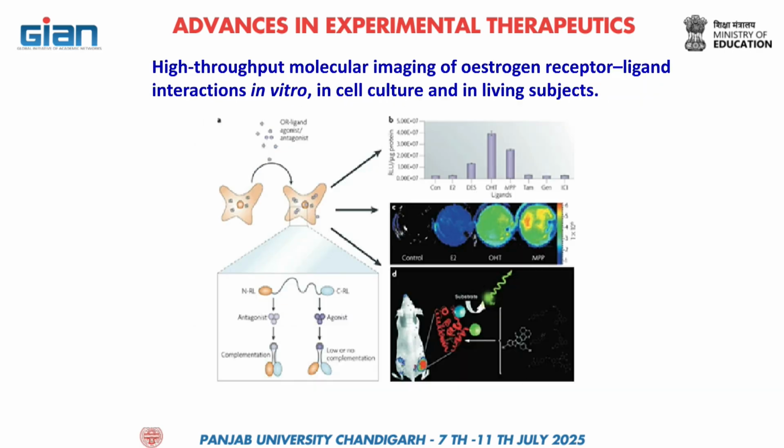Now, this is what I was telling you. You can actually even do mice high throughput. There are ways where you can actually do that. This is an example of a receptor. So if you want to identify a receptor or a protein,